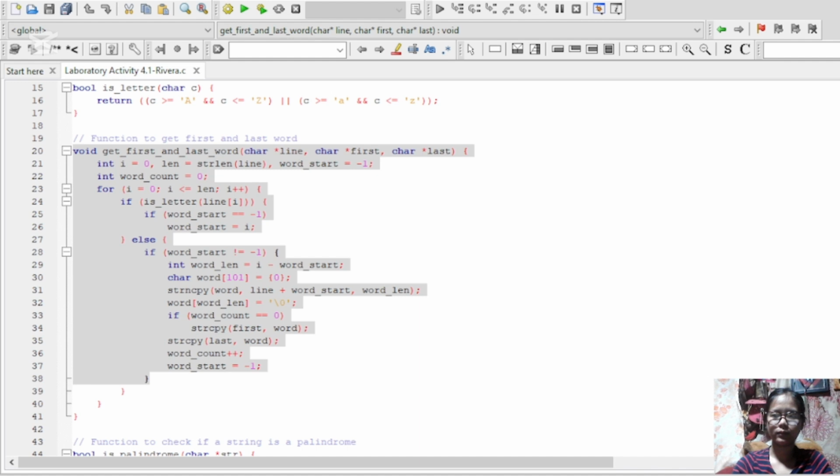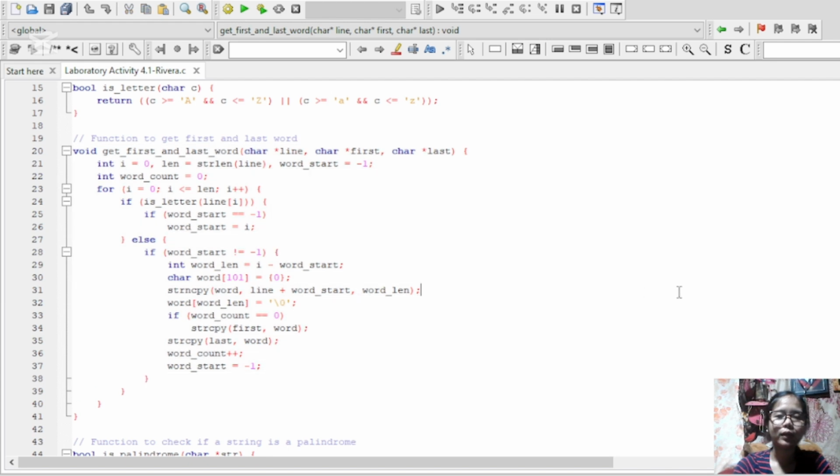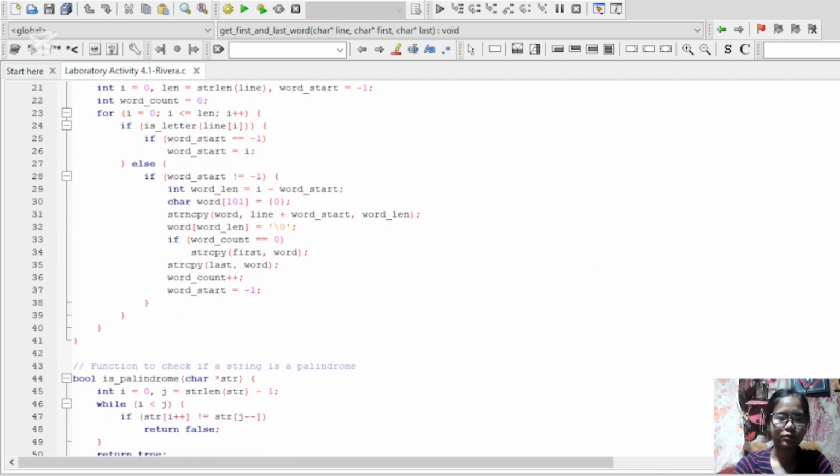This function loops through the line and grabs the first and the last word. We track where a word starts and copy it out using strcpy. The first word is only set once and we keep updating the last word. It's like scanning the line and spotting the first and final words.